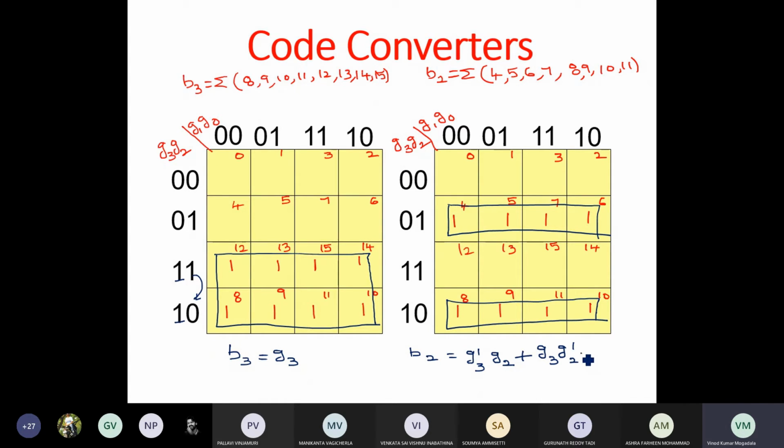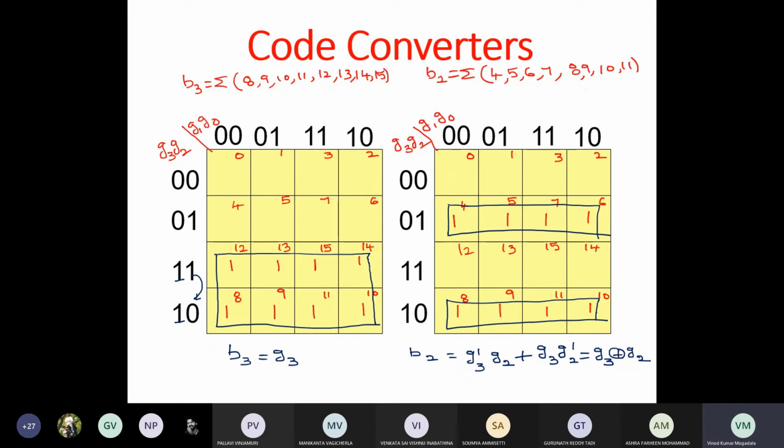So this you can write by using the exclusive OR gate as G3 exclusive OR G2. So B3 is simply G3, whereas B2 is G3 XOR with G2, right?